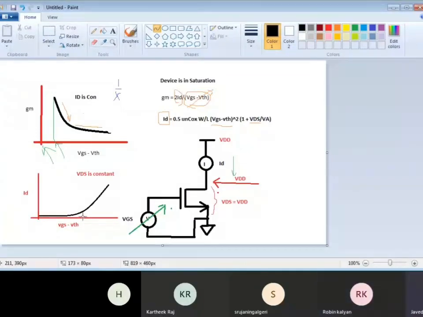But see, I am not talking about VGS. I am saying VGS minus VT is on the x side. What is the X term? The X term is VGS minus VTH, is it not? This graph is representing only VGS, not VGS minus VTH. Okay, sir, correct. So you have to change your thought correctly. What you said is for VGS, not VGS minus VTH. It is already pinched off.